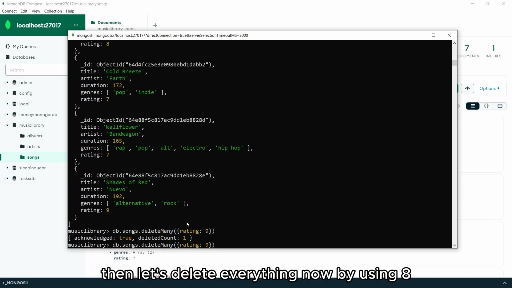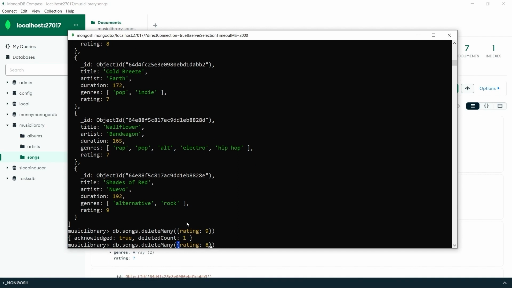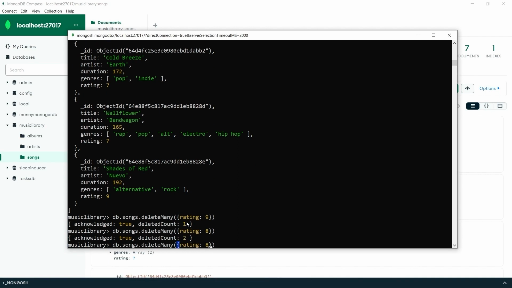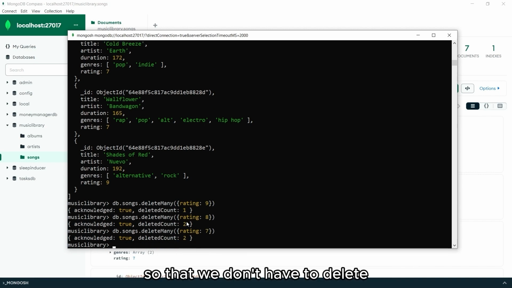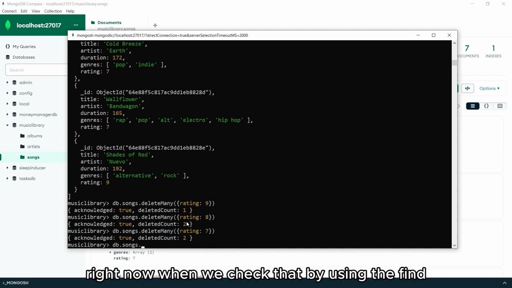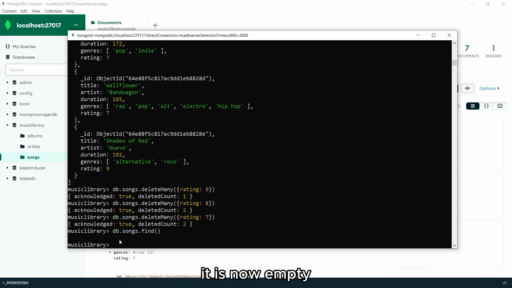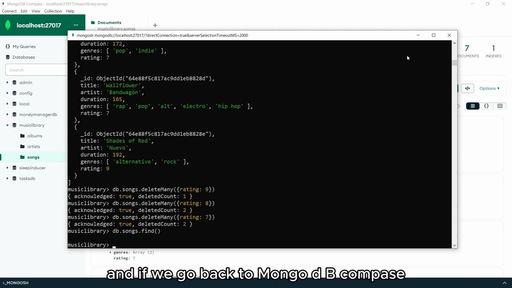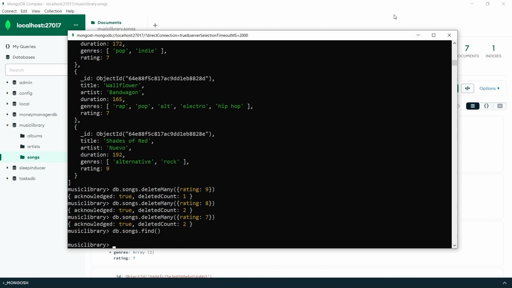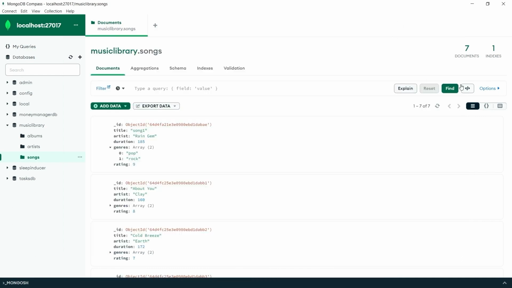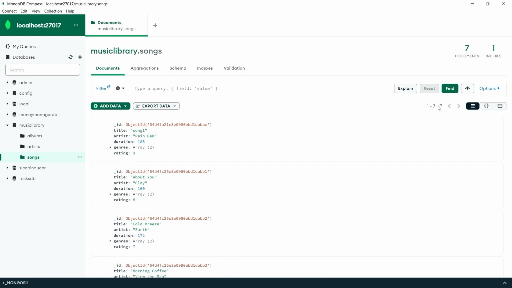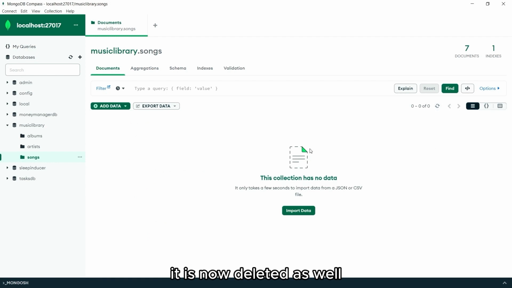Then let's delete everything now by using 8 and then 7, so that we don't have to delete everything from MongoDB Compass. Right now, when we check that by using find, it is now empty. And if we go back to MongoDB Compass, and refresh this one, it is now deleted as well. Now we can import everything back,